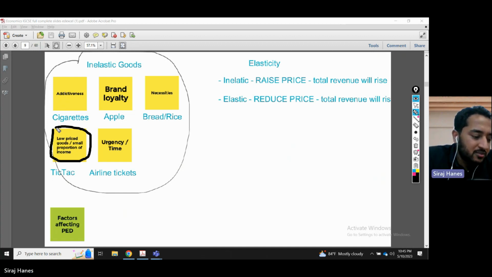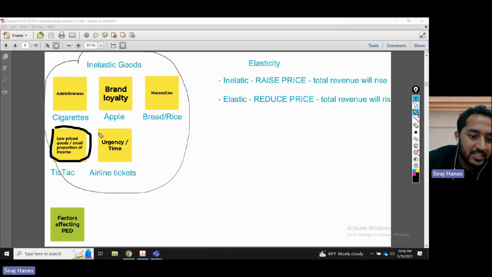You just pick it up from the supermarket shelf and drop it in your basket. You don't even look at the price. Why? It's so low valued. Even if they increase their price, a toffee, let's say it's 50 cents. If they increase it from 50 cents to 60 cents, that means they raise the price, you still won't care. You'll just continue to buy it. Low valued goods become inelastic. Even if they raise their price, you won't care. Such small, it's an ant bite to the income that you're getting.